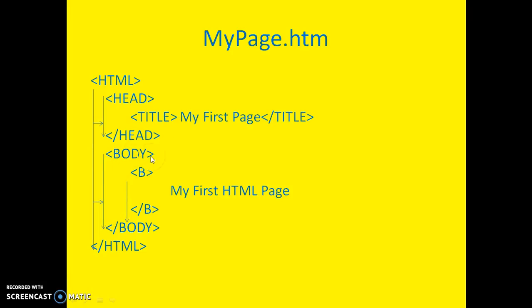Just like you can see also here within my body tag, I write the body tag, after that we write the B tag, but first we have to close this bold tag, then we have to close the body tag. The tag that comes last has to be closed first, and the tag that comes first has to be closed last. This is the normal representation that you can do for your HTML file.